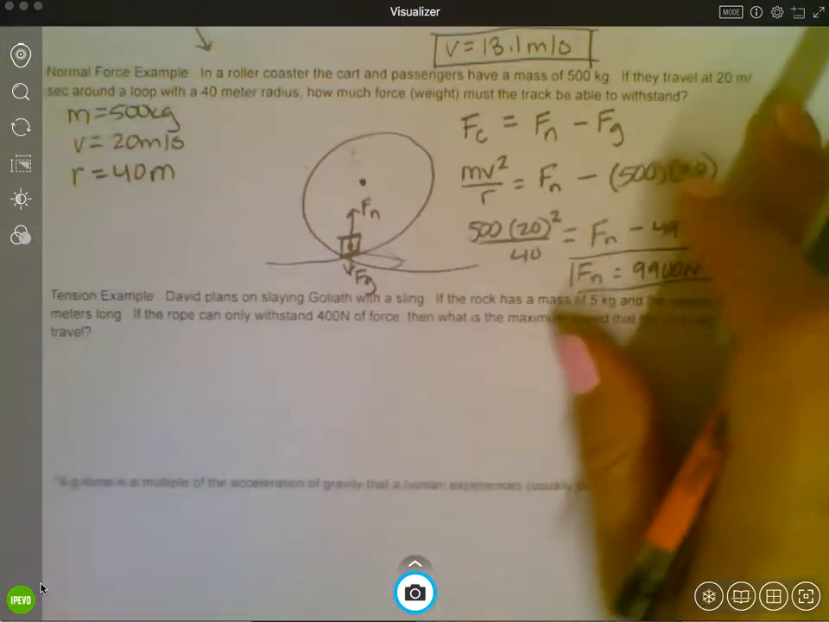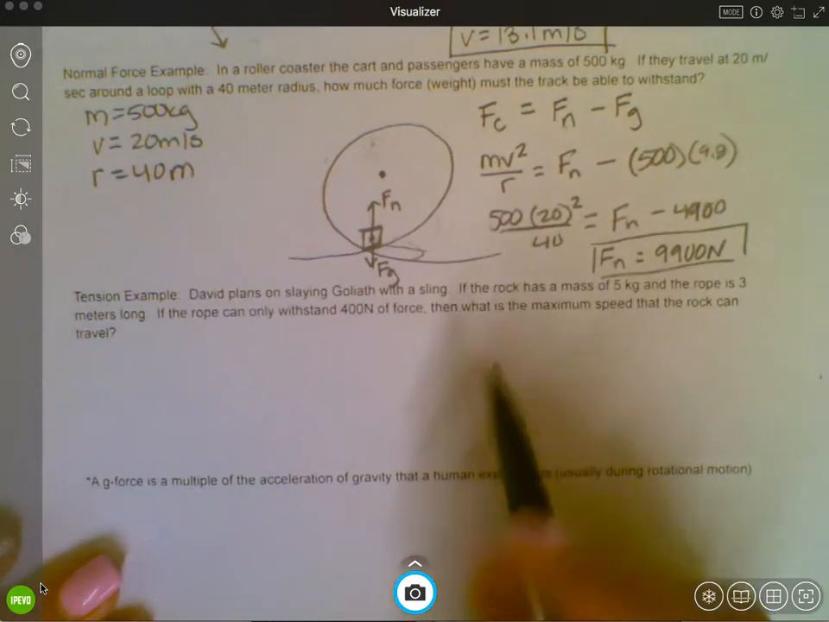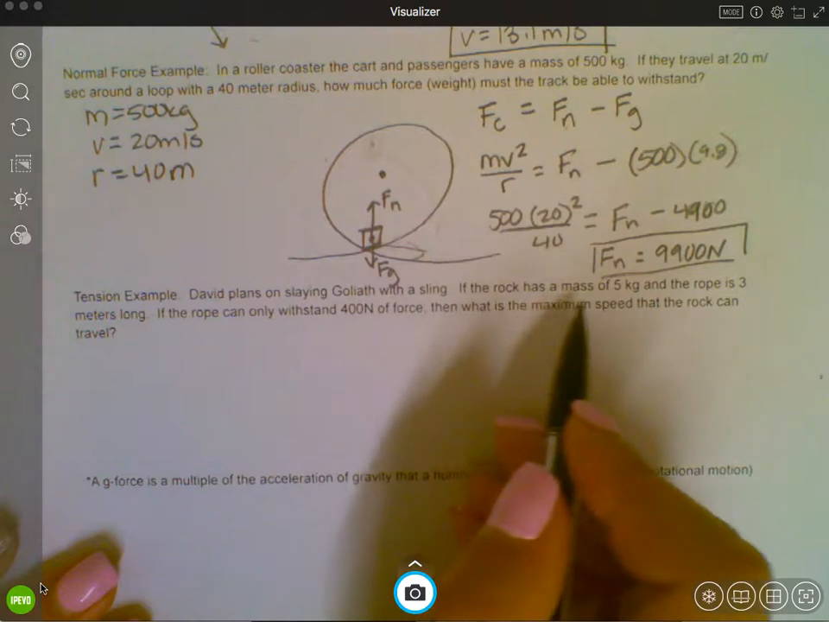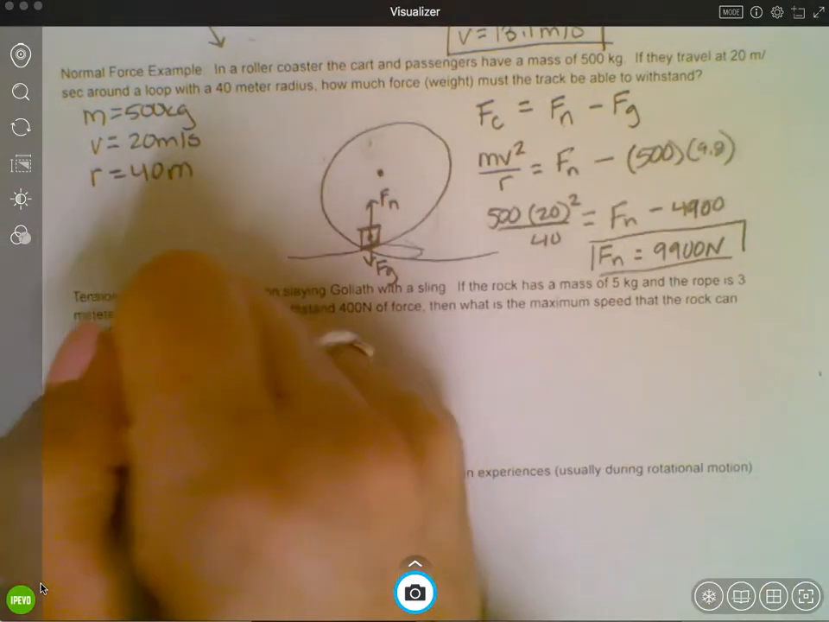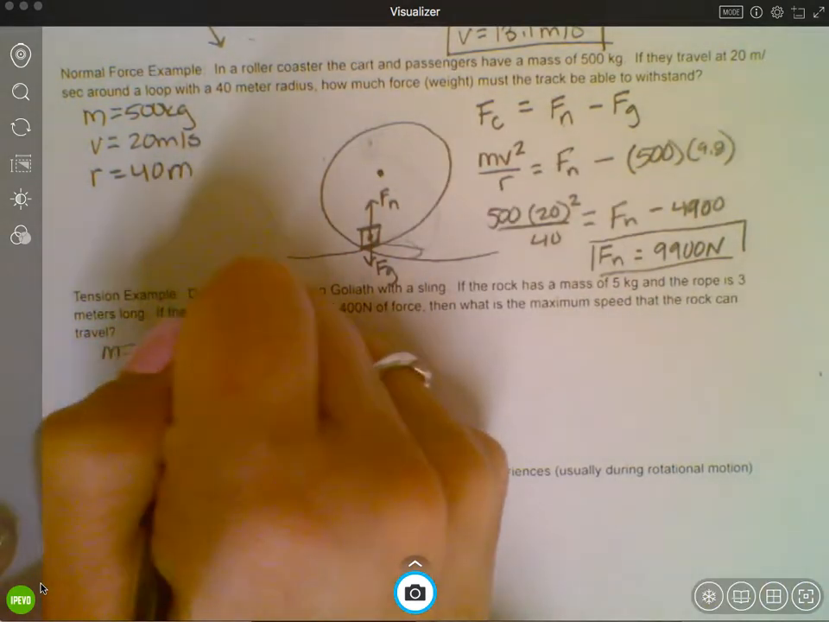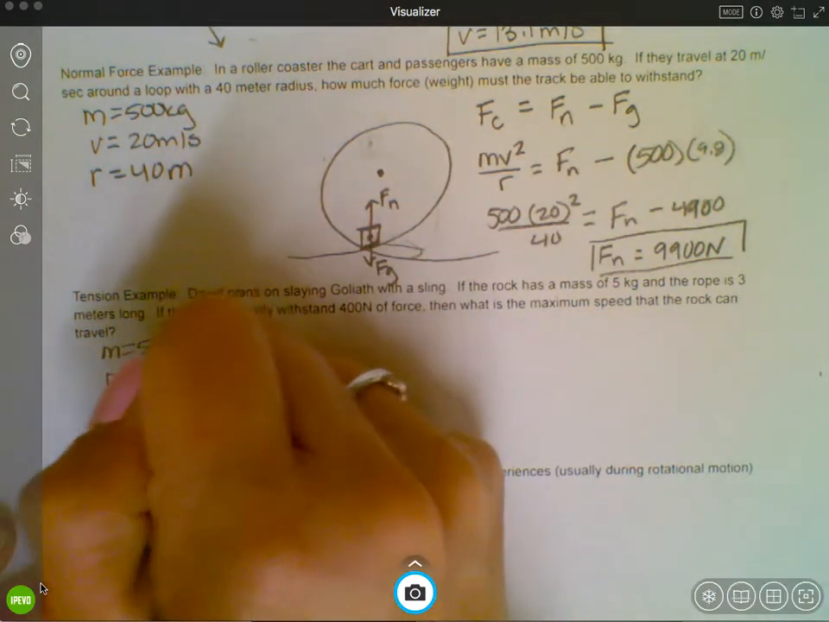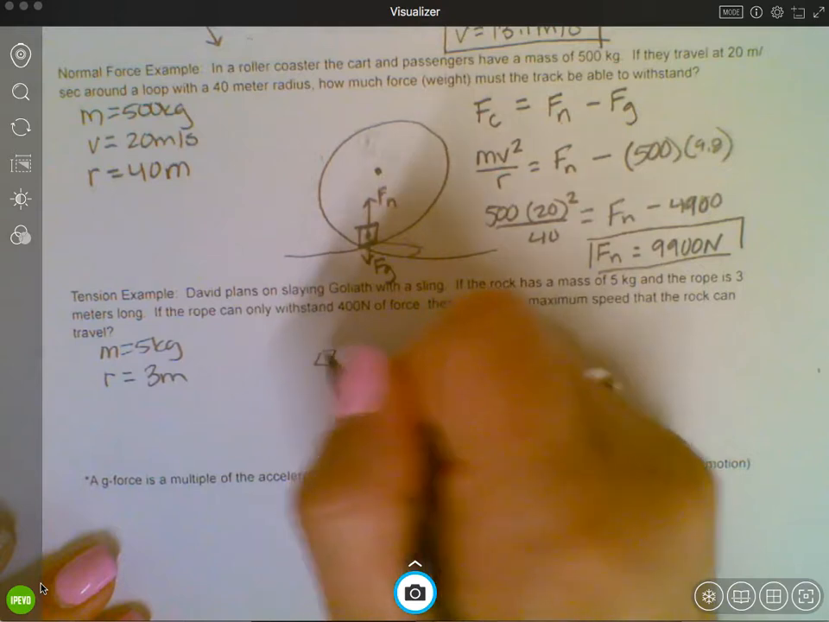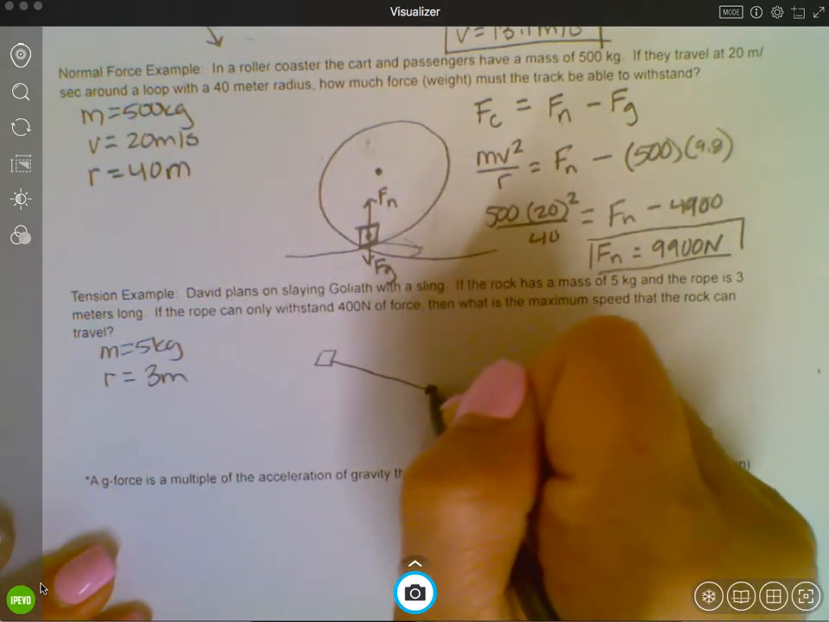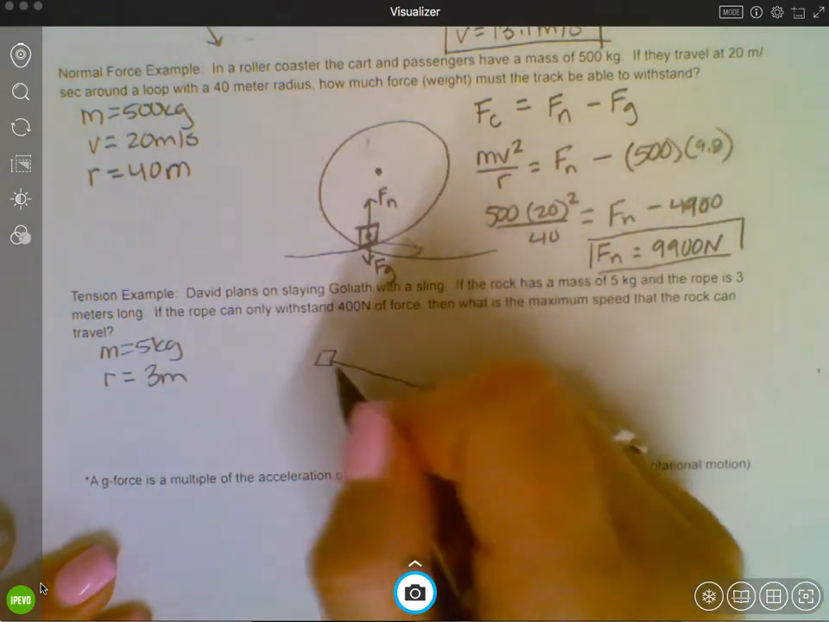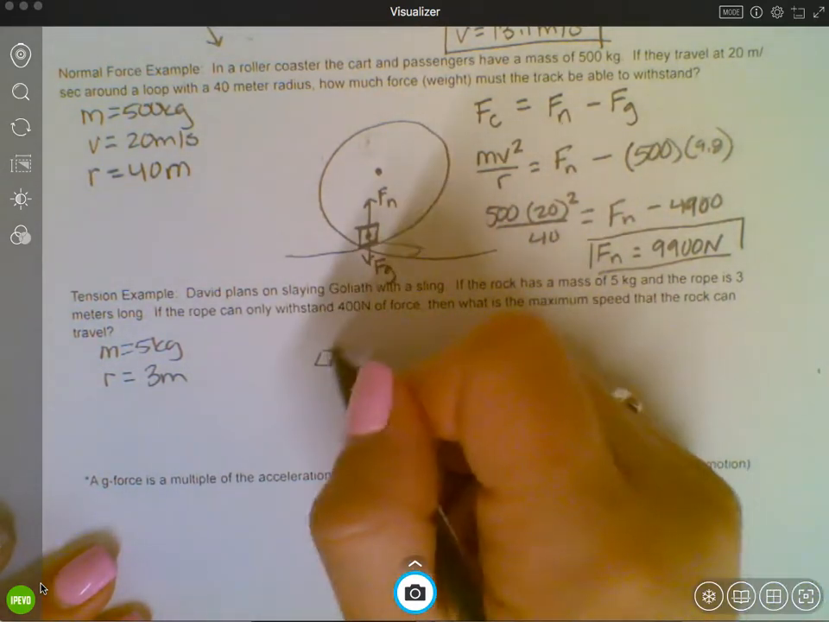All right. Let's do one more example here. David plans on slaying Goliath with a sling. If the rock has a mass of 5 kilograms and the rope is 3 meters long, that means the radius is 3 meters, because you can imagine a rock on a string and he's holding it here. He's going to swing it around in a circle. The length of rope is the radius, all right? This is going to swing